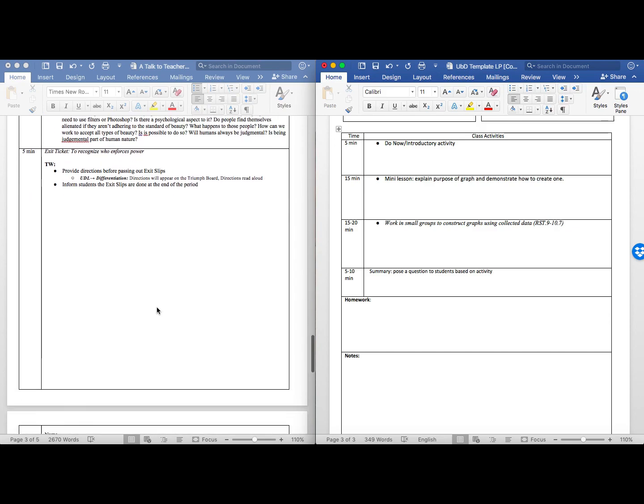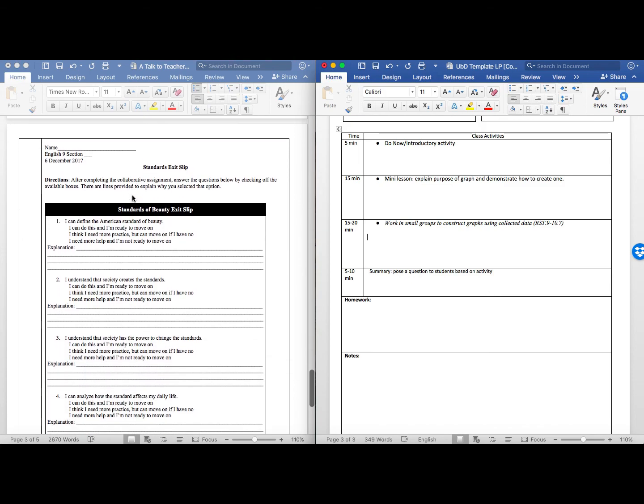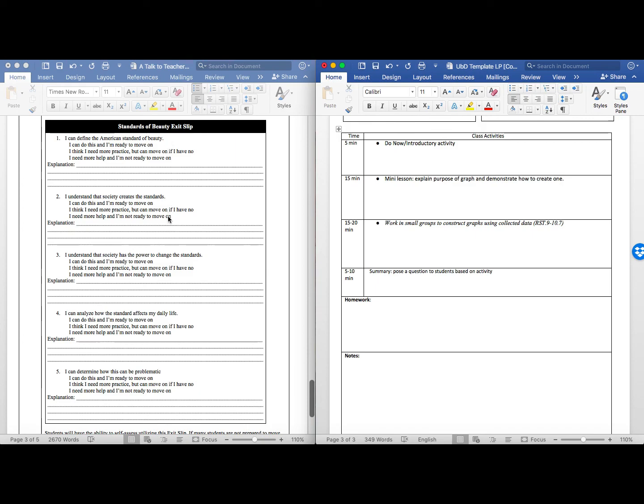Okay. And then in summary, what this person decides to do is they give an exit ticket to recognize who enforces power. And look at their exit ticket. It really ends up being a standards exit slip that asks them if they understood all of these ideas. So students now actually have the authority over their own learning, which is absolutely fantastic, about did they understand and why. So I can do this, I'm ready to move on, or I think I need more practice, or I think I need more help,